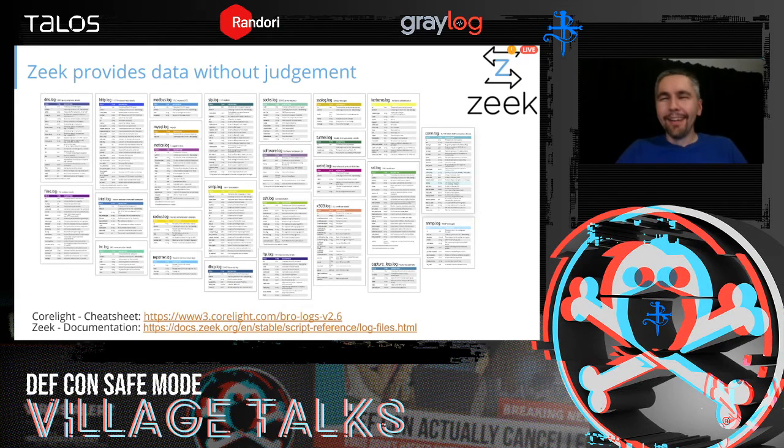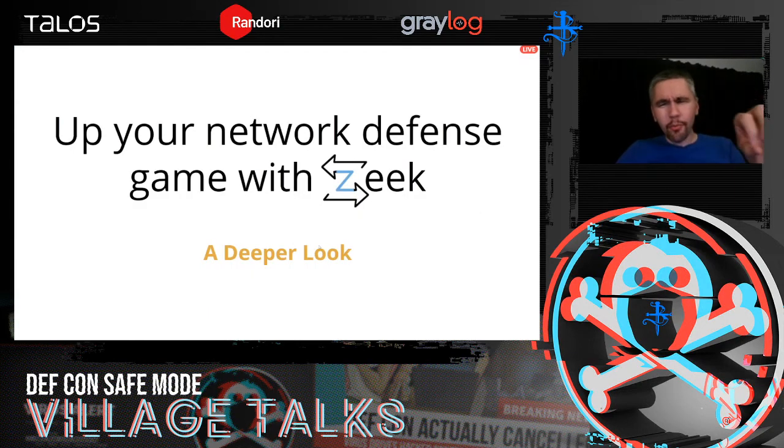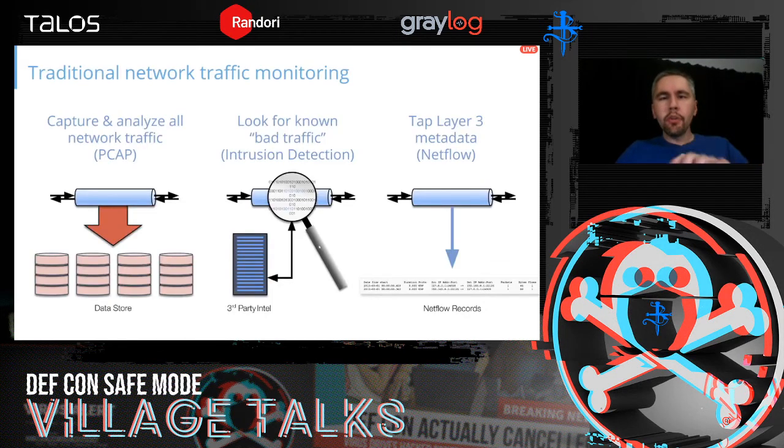So how do we, to really talk about how we use Zeek, let me start off by comparing a little bit. So maybe just some things you're already familiar with. Maybe you're familiar with packet captures that we get from tools like Wireshark and tcpdump. Or in the middle, we have intrusion detection systems, intrusion prevention systems. So things like Snort and Suricata, things that we'll find as we work our way through